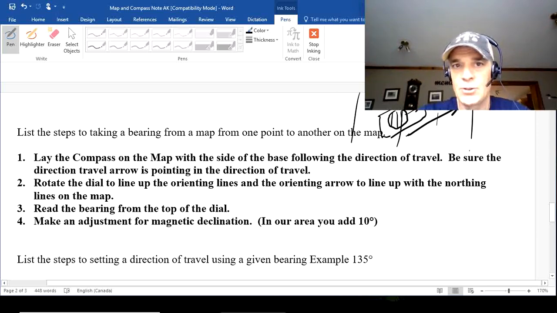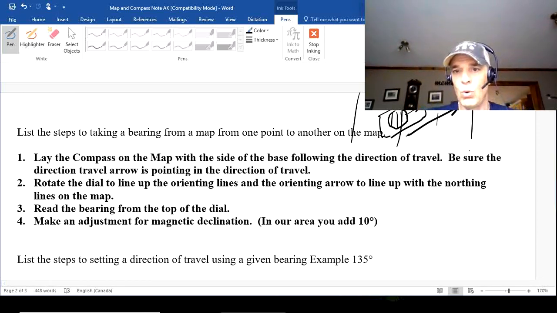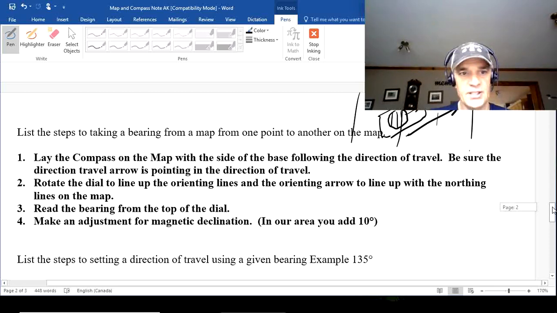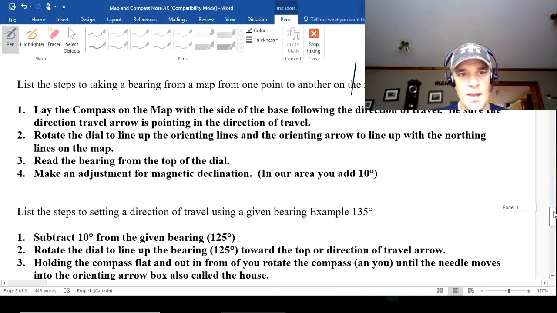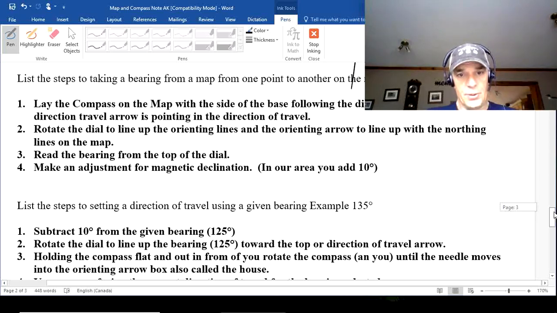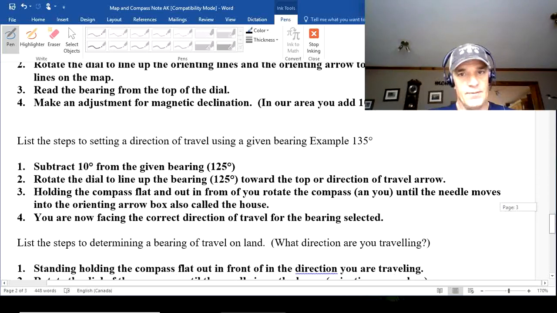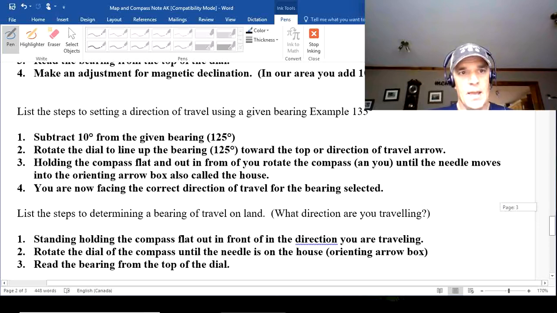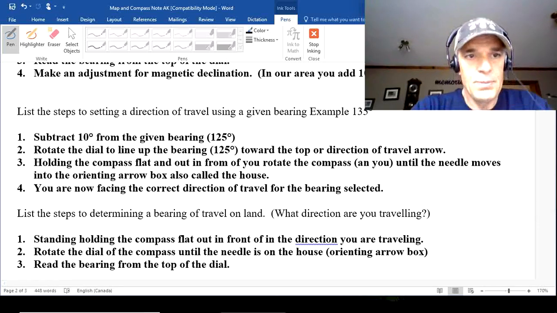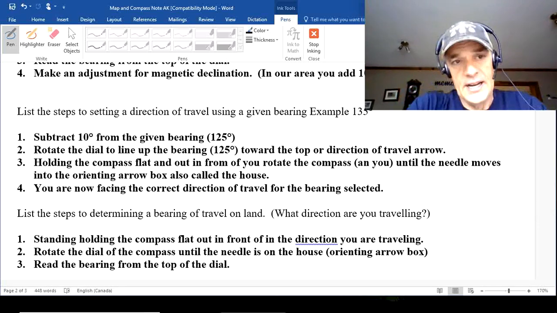I'm not doing an actual example here, so you have to kind of work with me on that. I might do a video where I do an example of each of these three things here. It's a little harder to do because it's hard to see the details of these things. Then the next question I'm going to ask you is, what if